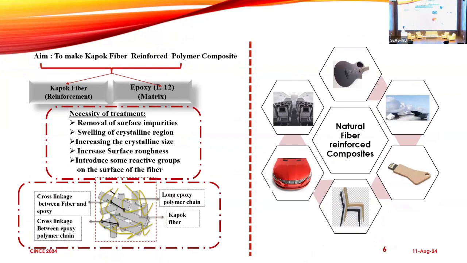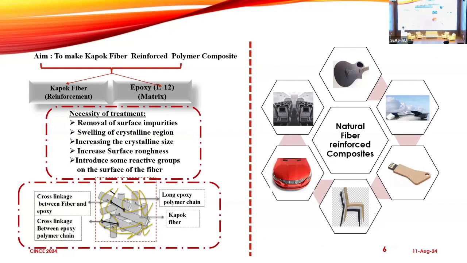As you can see, these natural fiber reinforced composites have different applications, which have already been discussed throughout this conference. To enhance the properties of these composites, we need some surface treatment techniques. There are different kinds of surface treatment techniques, some physical and some chemical. Physical techniques include plasma treatment and microwave treatment, and chemical treatments include alkali treatment, acid treatment, or silane treatment. Here I used silane to modify the structure of the